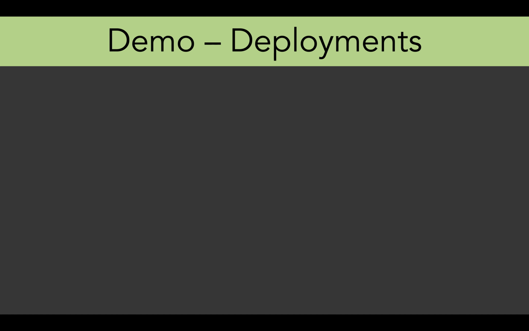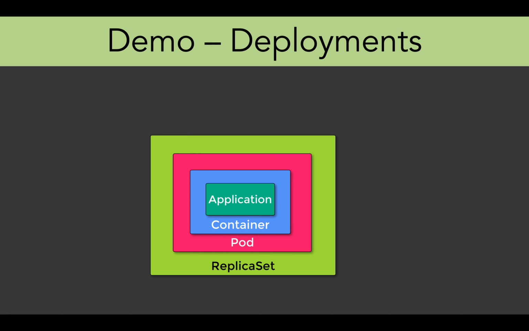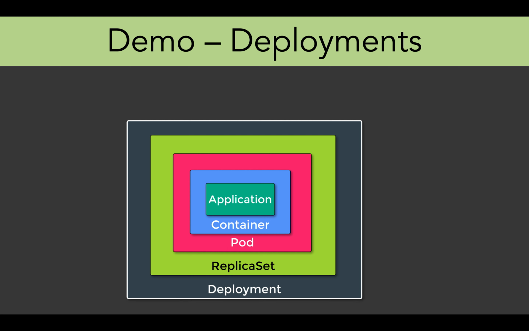And the deployment contains replica sets, and we mention how many number of replicas we want to run, and then the pod template which contains the container image. So actually the application is residing in the container, and we deploy the application using pod, and we deploy multiple pods using replica sets, which in turn is deployed using deployments, so that we can do upgradation of the application, which is not possible using replica set.